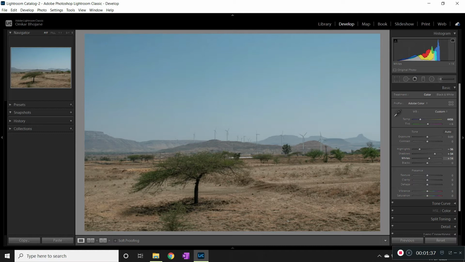I'll increase the whites in this image, say up to 44, and the blacks, a negative 33 looks great. So we have adjusted the light in this image and it is looking so great. Now we'll go for the second step, and that is adding texture and sharpening to the image.